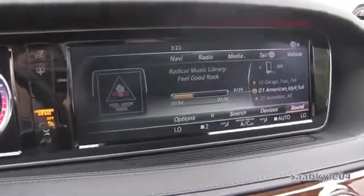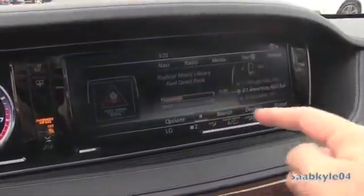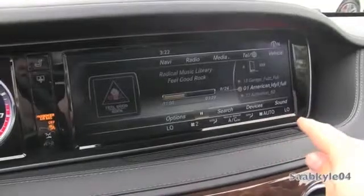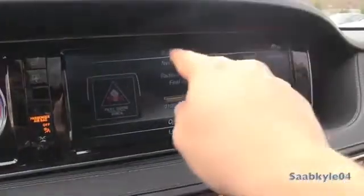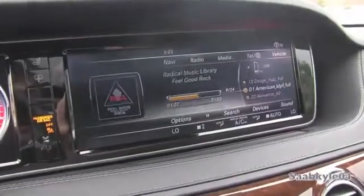And then going all the way down, we'll select the lower set. So it's basically a 3-tier menu. 1, 2, 3. Down below, it shows all of your climate control data, your compass up top, clock, as well as album artwork. So if we go up to nav,